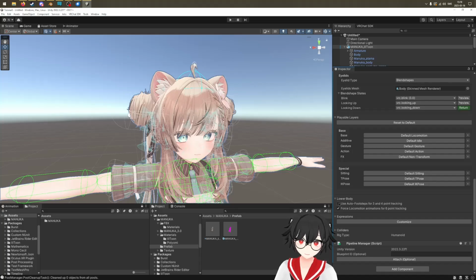Lower body is for, if you have a headset and 2 controllers, then you have 3 points. 4 points, I guess, is if you have a hip controller or a hip tracker as well. But it's so that if you move around, your feet will follow your character and step around. I don't know why that's unchecked, but